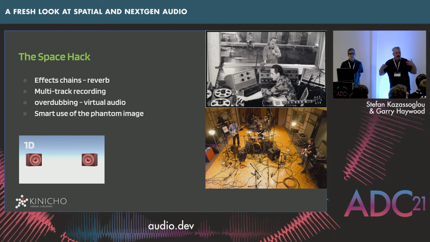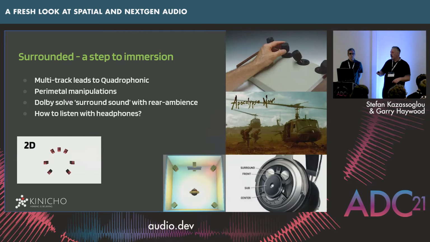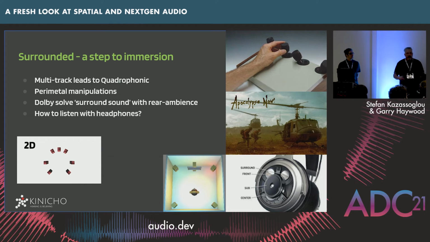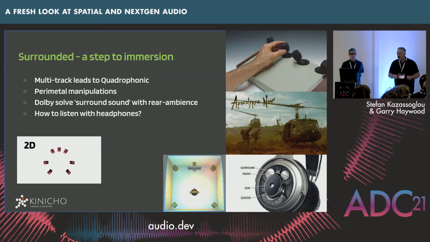And obviously, as stereo develops, it moved away from the kind of wacky panning of early stereo to much smarter use of that process. And then ultimately, we arrive at surround sound as we're getting closer to immersion, and we're now in a two-dimensional format. And, you know, we get multi-track at home, leads to quadraphonic, a bit of a disaster commercially,